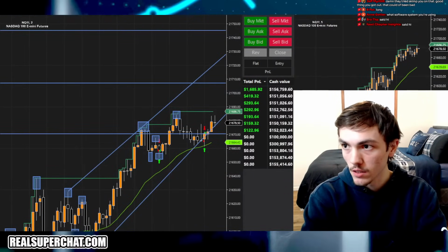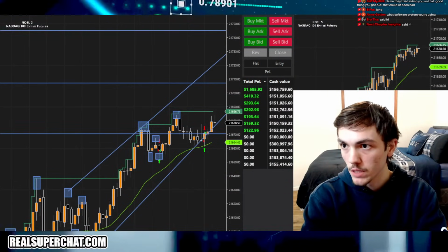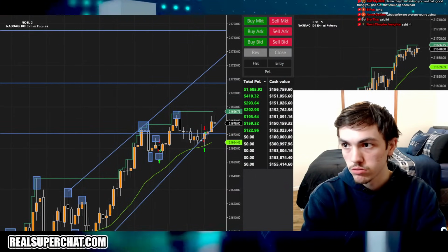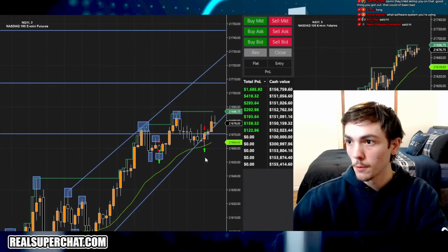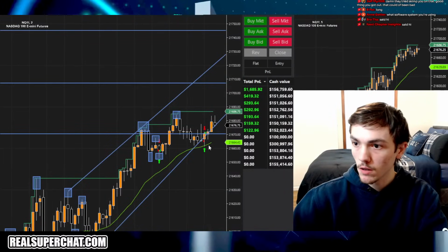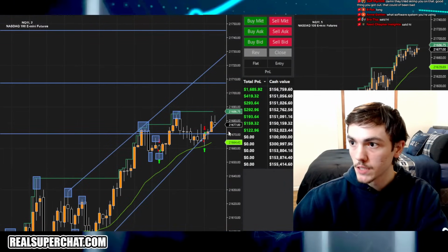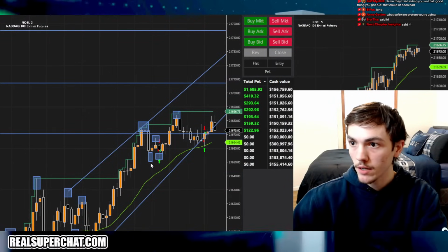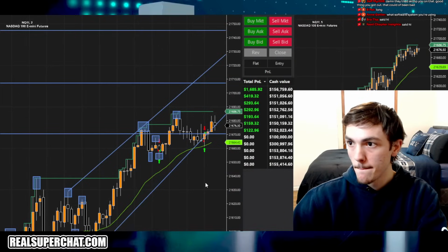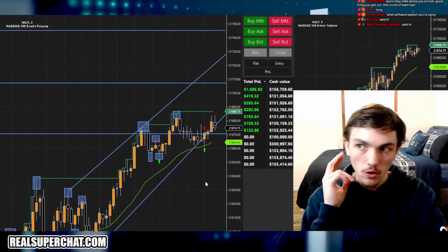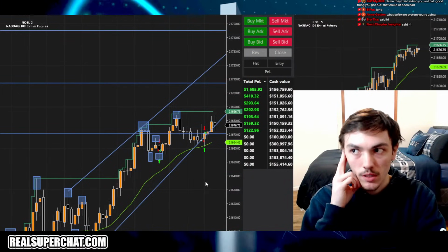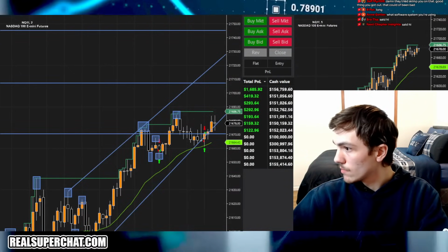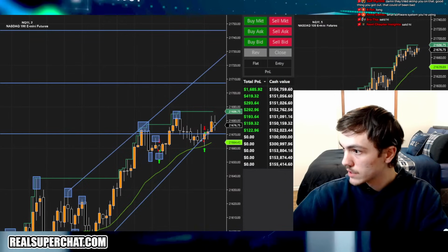This is technically a lower high from the NQ, but for me to go short, this is a very hard short. Even if it breaks the support of the trend line, you still have this pivot point at 21,670, and right below that you have the 21 EMA and this consolidation as support. So it's not a terrible short, but it is a hard one to take. Very hard short to take, chat.